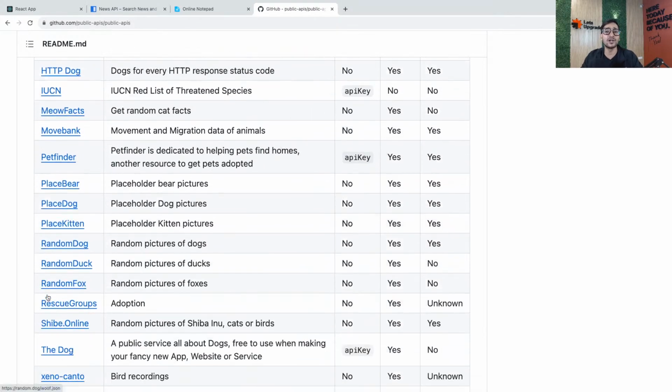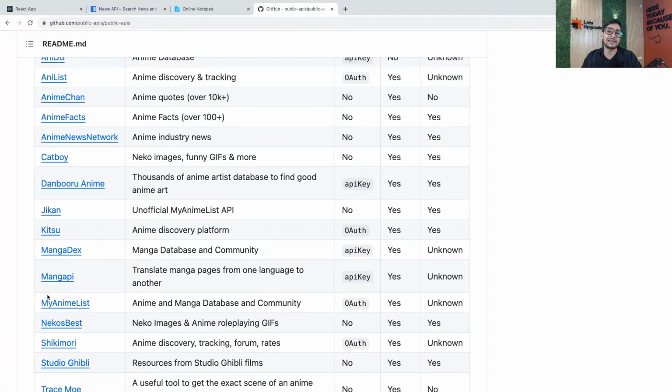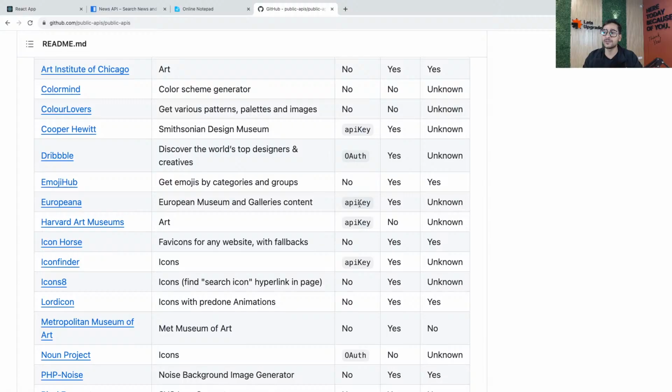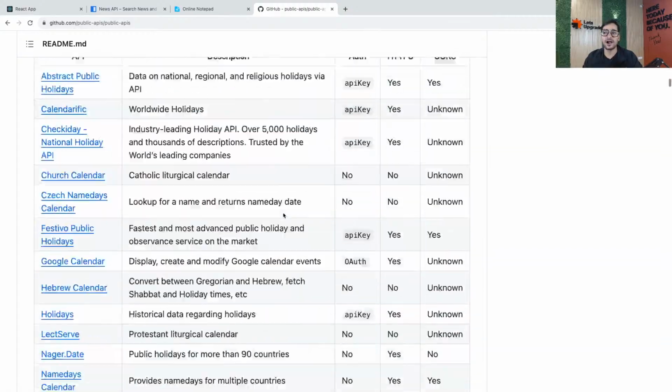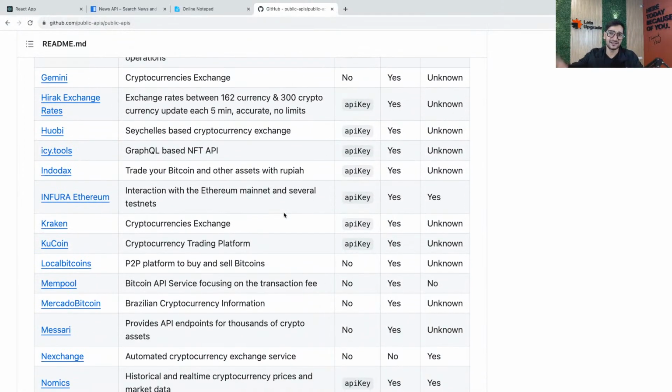But again, whatever kind of app you want to create, you can find an API for that to get real-time data. Okay, see that, guys? It is also mentioned how many of them use an API key and how many are without an API key. So many APIs, hundreds of APIs that you can use to create apps. And this is not the end, guys. This is only what the user has found. There are thousands of APIs. You just have to search for your particular idea.